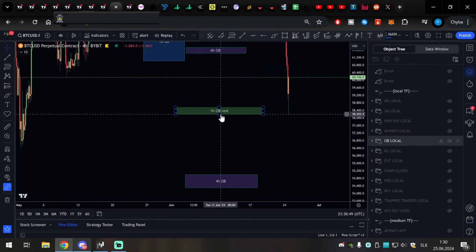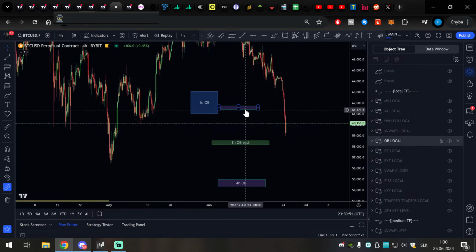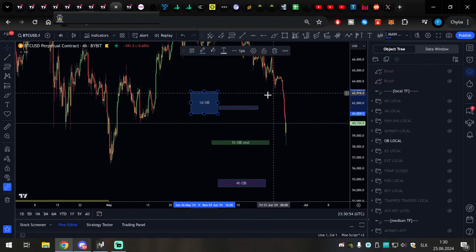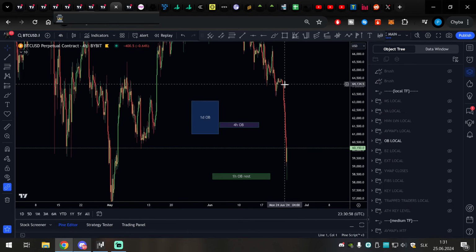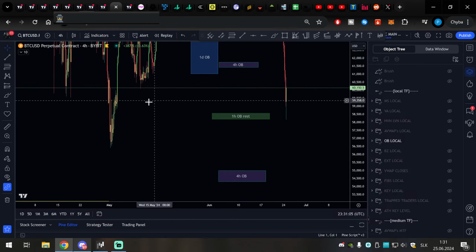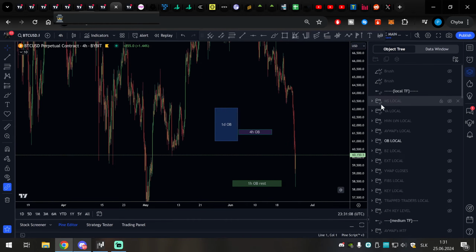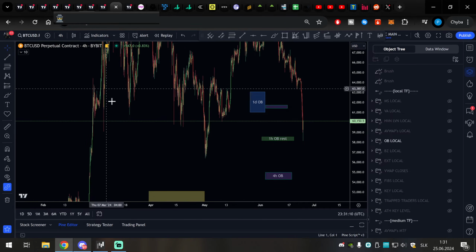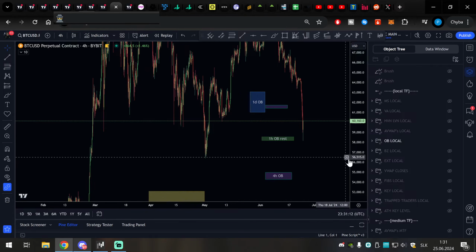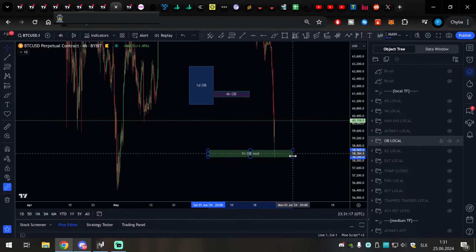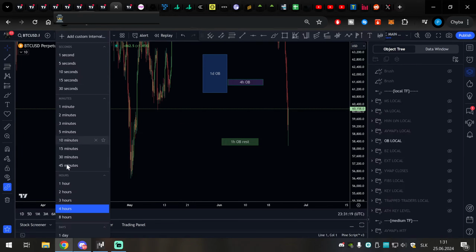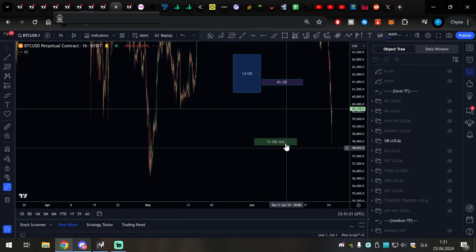Further, order blocks. So these order blocks actually got ignored, but we know why. When you have one confluence or two, it's not enough. Oftentimes the market can just run, but for the strongest order blocks, you always have the range highs and range lows. So this was the rest of the 1 hour order block here, which helped us. Look here, perfect reaction. You know why I have the word rest here?